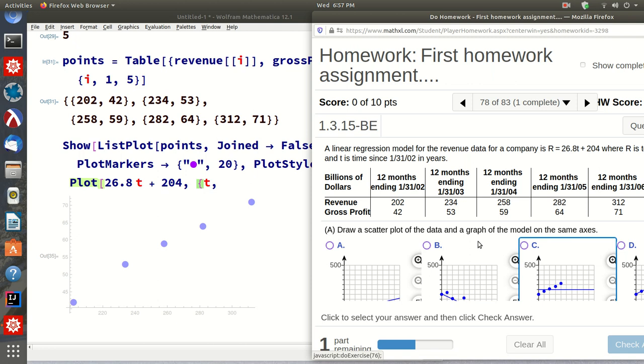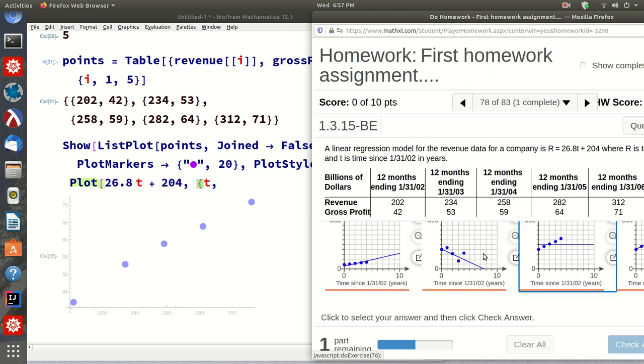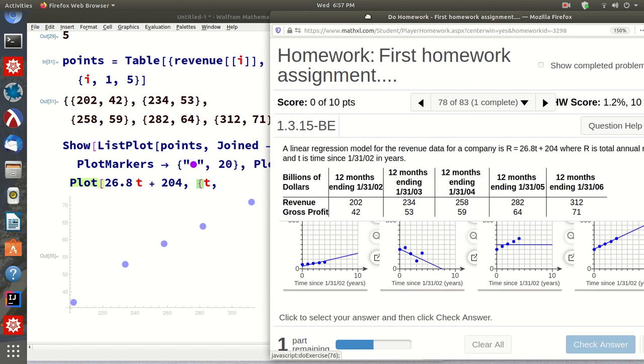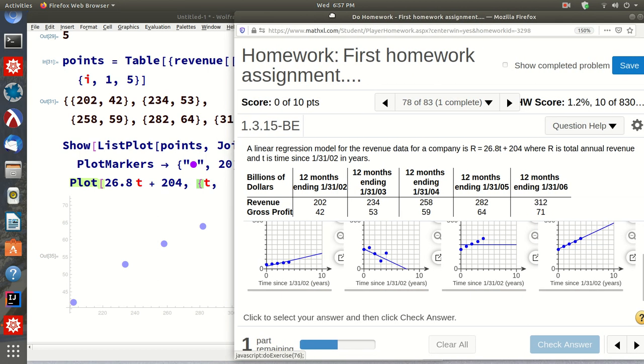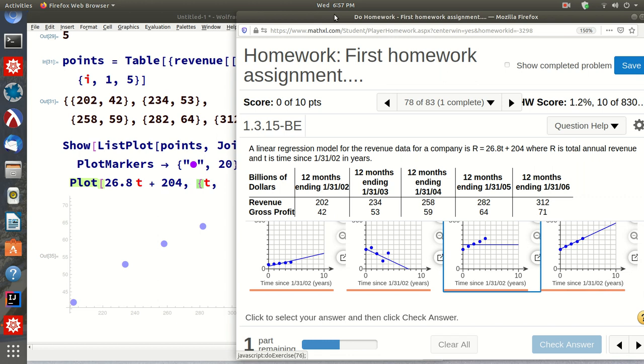Okay, so we made a mistake here. So if you look at their x-axis, now what is very confusing... R is total annual revenue and T is time. Okay, now I see what's going on. Now I see exactly what's going on. So we made a little bit of a mistake here. All right, if you look at their picture at the bottom, now I see what's happening. Time since January 31st,